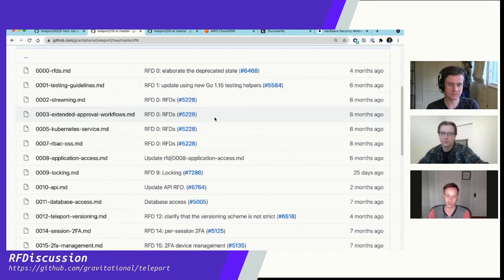But if you're touching APIs and config file formats and some user interaction bits, if multiple parts of the system come into play and affect each other, then it might be worth writing an RFD. Of course, anything major, restructuring APIs or anything with big security implications or major new features,